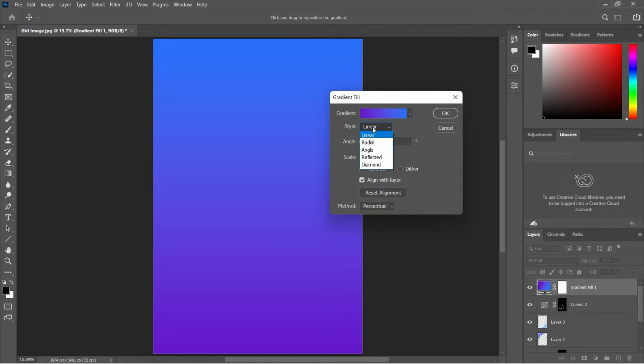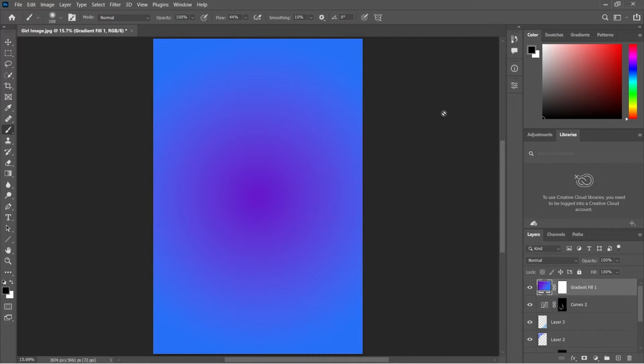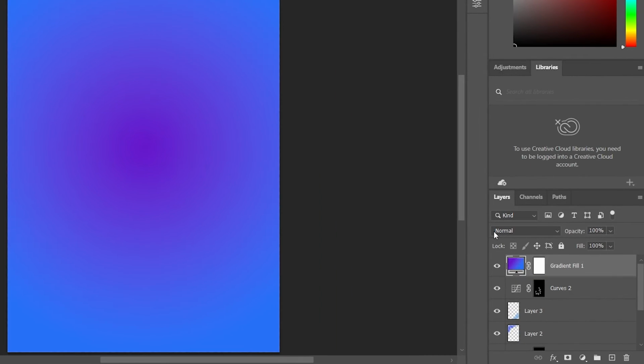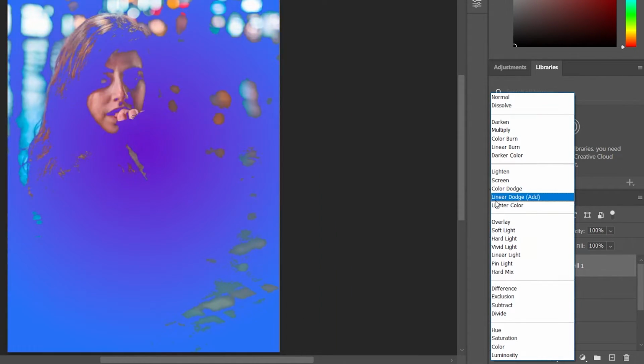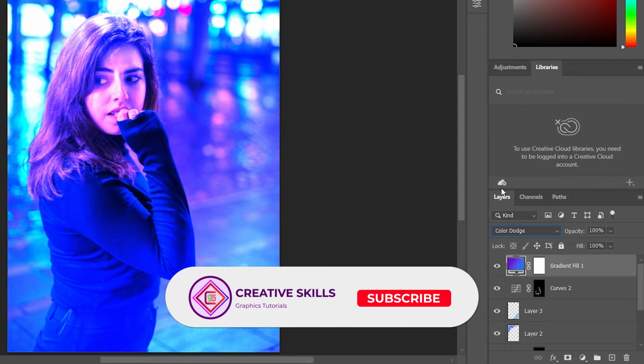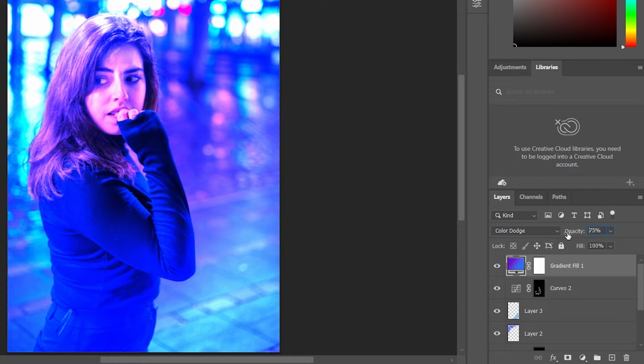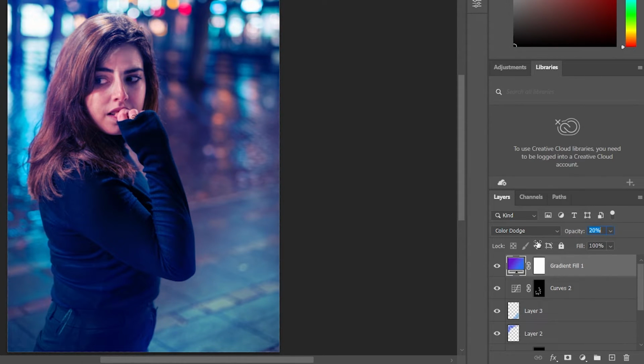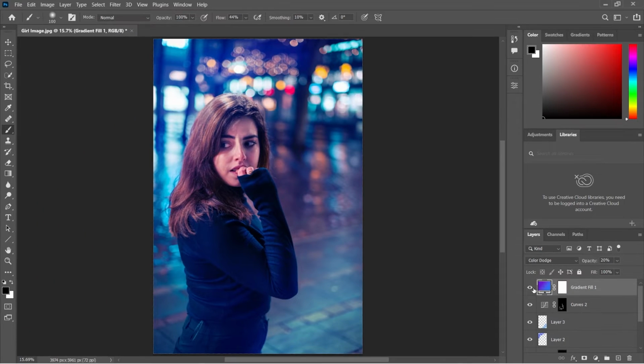and change the style to radial and press OK. Change the blending mode to something like color dodge and decrease the opacity to something like 20%. Okay, looking much better. Let me decrease the opacity to something like